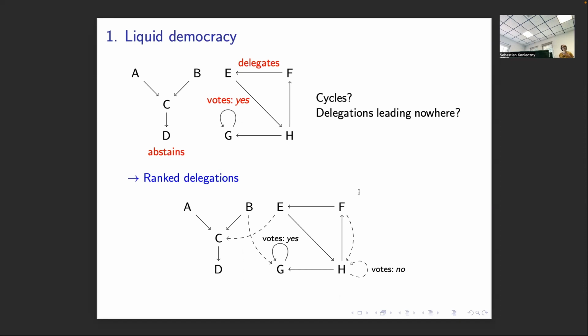Okay, so for instance, this is me voting about soccer. I don't know anything about soccer, but anyway, if my vote is going to be lost, I would prefer still to vote. Yes, this is what H does here. Yeah, but necessarily, not as a second choice, but always.